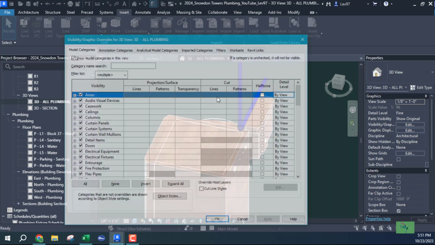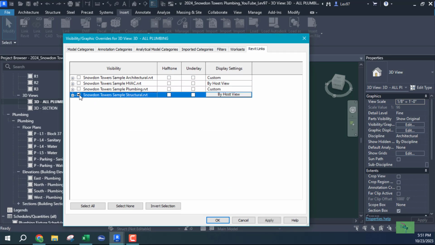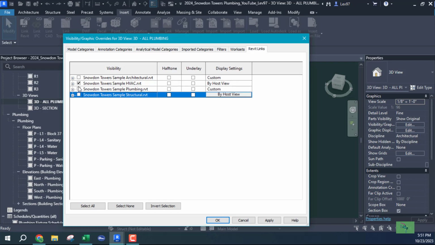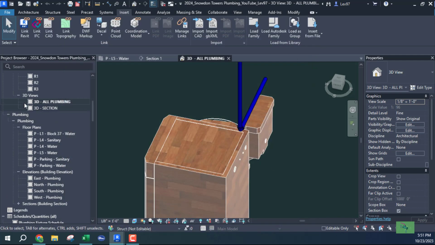So I'm going to turn on some of this, the structure and the HVAC, just to make sure. Well, no, I'm going to leave that like that. I'm going to say okay to this, but in my 3D section, which is going to be section 1,